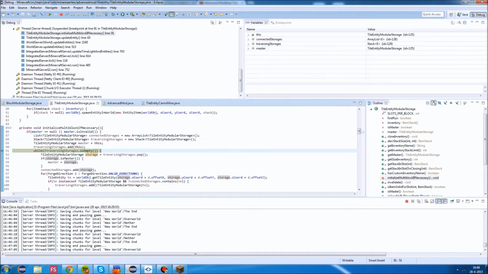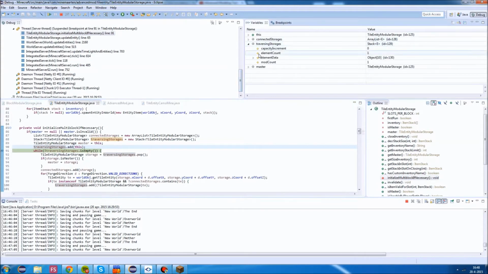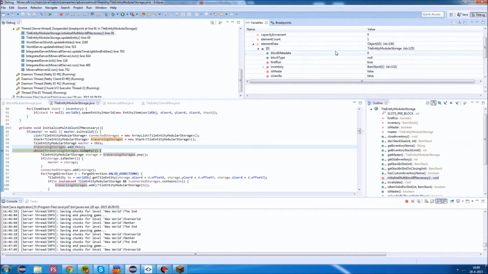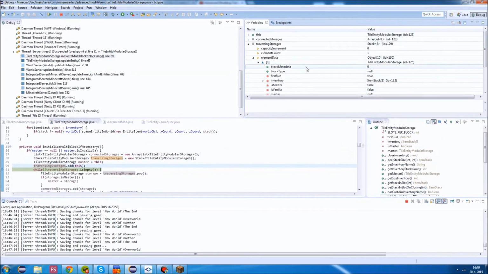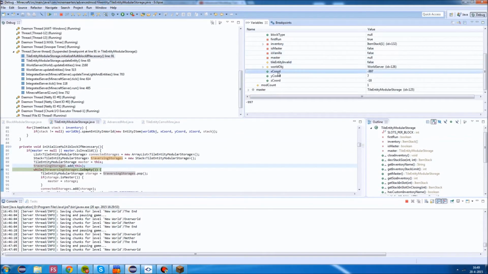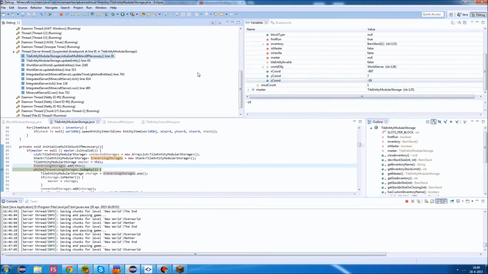So we stopped it right when we were traversing our storages, and you can see this is the stack. And if we look at the elements, we can see there's one element in there, and that's a modular storage. These are all the variables which are inside this scope. And we can see the X value, Y value, and Z value. And because the client is paused, I can't really